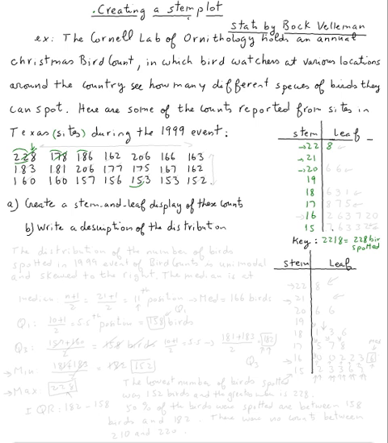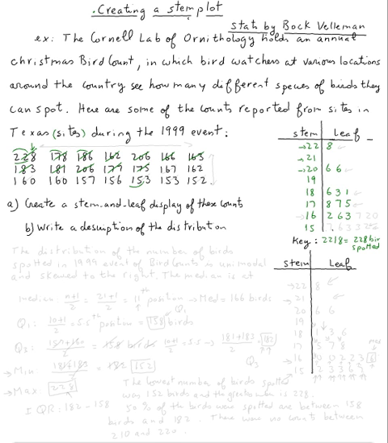178, we go to 17 and we put 8. 186, we go to 18 and write 6 for the leaf. 162, we go to 16 and we write 2. 206, we go to 20, we write 6. 166, we go to 16 and write 6. 163, we go to 16 and write 3. 183, we go to 18 and write 3. 181, make sure they're like columns. 206, we go to 20 and we write 6. 177,